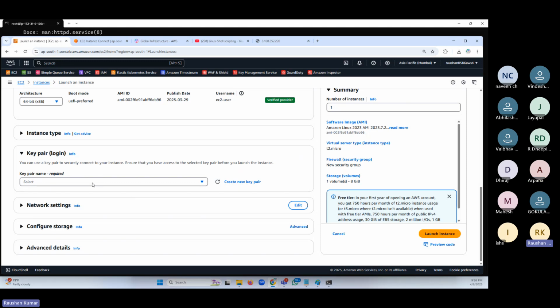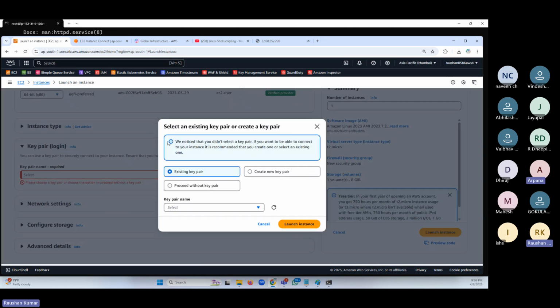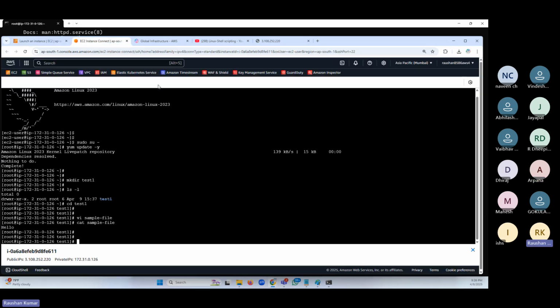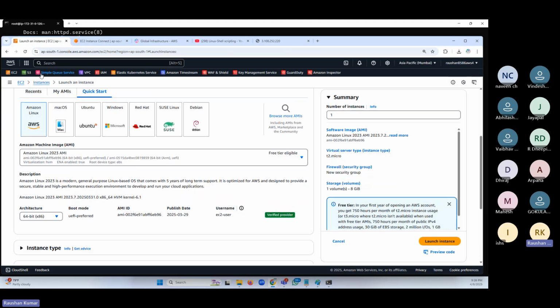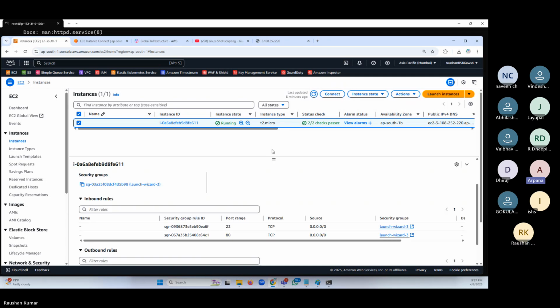No, that will not work because you need the key pair to connect. If I try it right now, look at this option. In the inbound rules, I can see this first line, port range is 22, enabled for you, right? Then it should be correct. There's no reason it should not work. You might have skipped the key pair. I will create one more instance, please do that. Don't skip the key pair. You will not be allowed without a key pair.